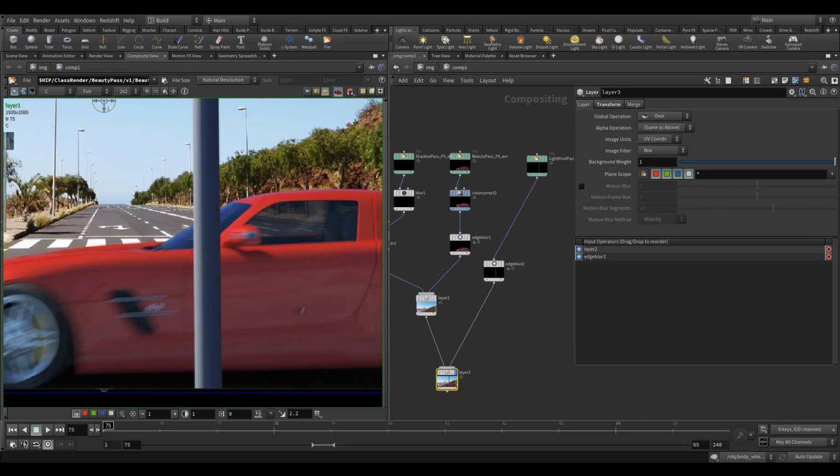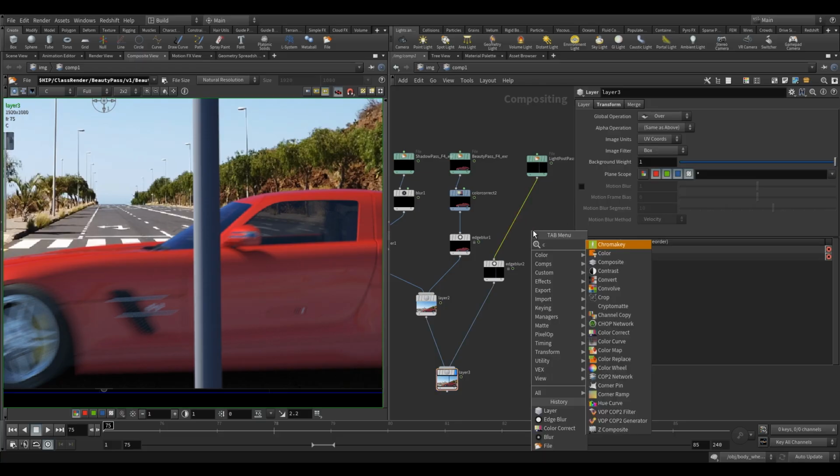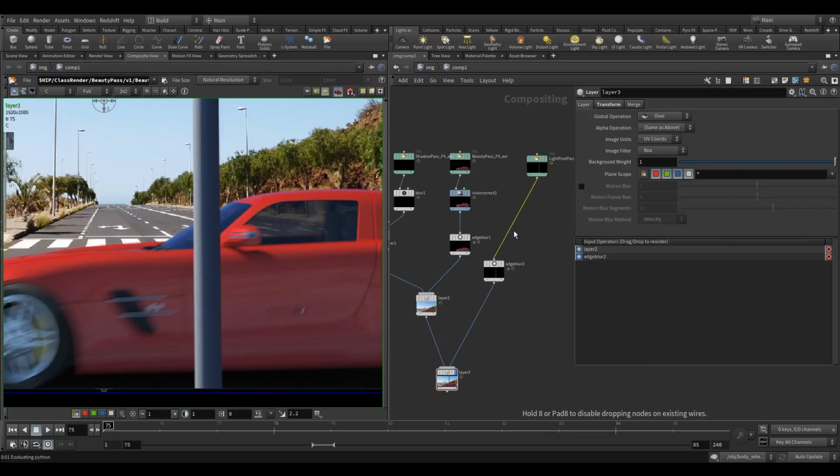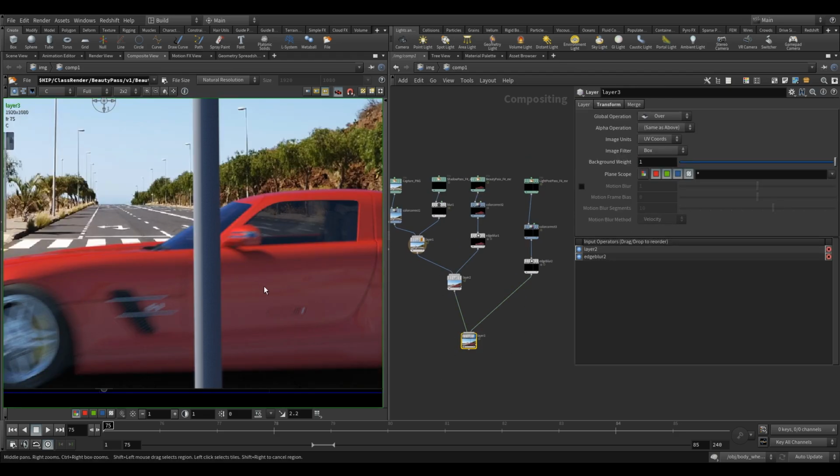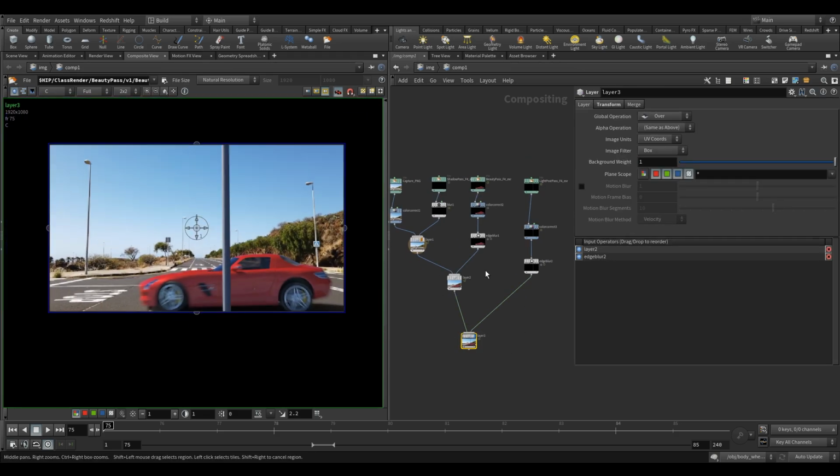And I'd like a color correct on this as well. So color correct, there we go. Just line it up. And I'm just going to brighten this up a little in the shadows. Okay. It's coming together. Another thing I like to do,